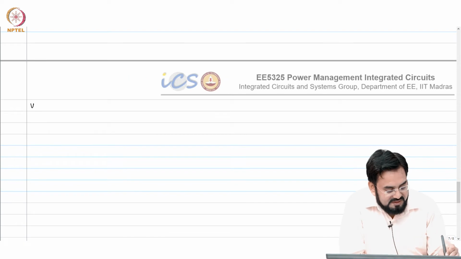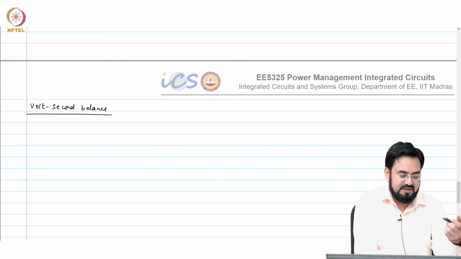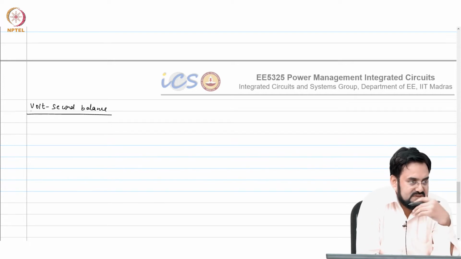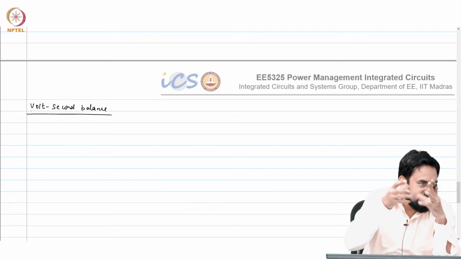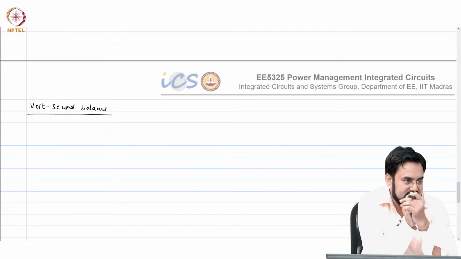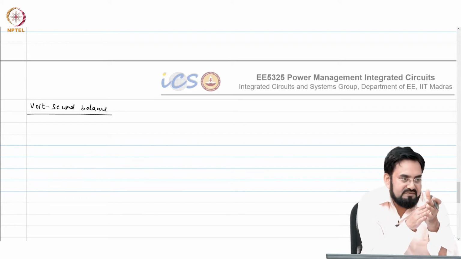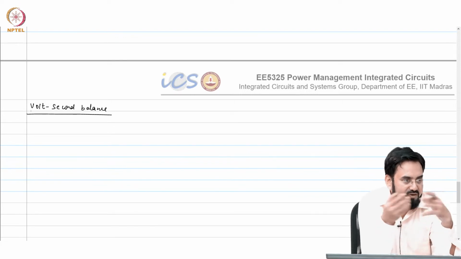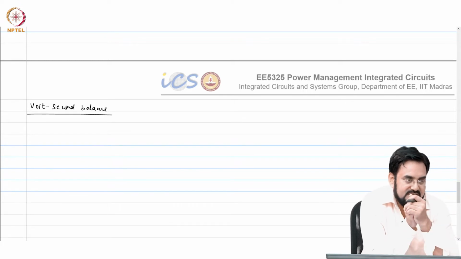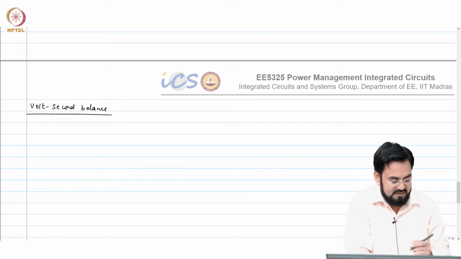So, there is something called volt second balance. For this particular case you already know that your output is D times VDD, but there might be some different architecture where you do not know the topology. In order to find the relationship between V out and V in, that is what we use, volt second balance, and irrespective of what kind of configuration you have in the power stage, you can always derive that using that formula. So, let us see how it works.